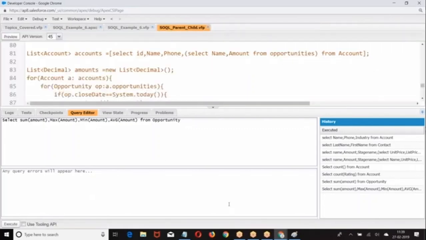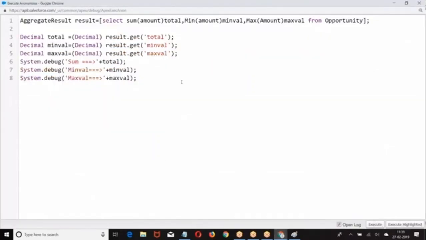Now we have a choice here. All the records, whatever I fetched, I have grouped as one set. No, I don't want to group it as one set. I want to subdivide. I want to group them based on the stage name. Right now, 100 records came: the sum of all the 100 records, the min of all 100, the max of all 100. I don't want to make a sum of all the 100 records as a single set. I want to group them.